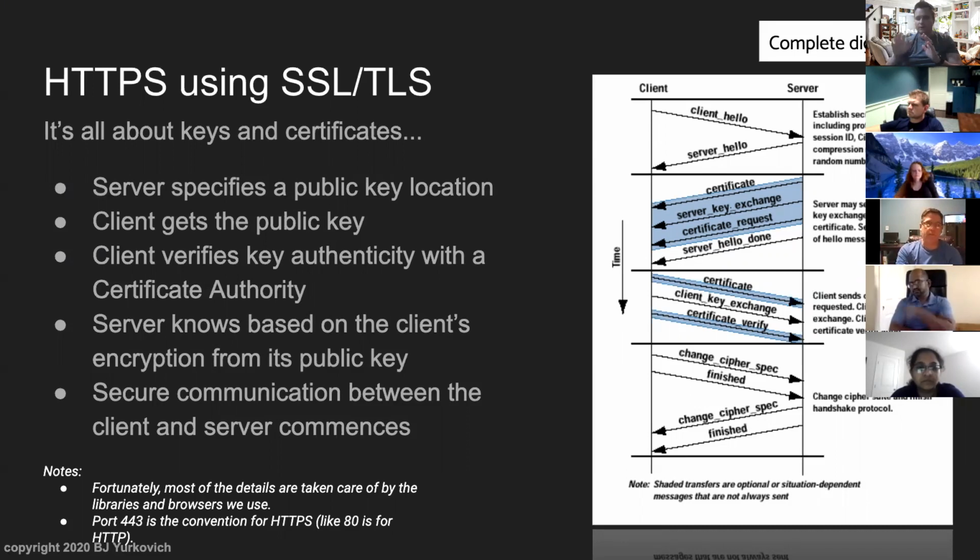Now I really glossed over the cool part, which is the cryptography of that, but we'll get into that a little bit later. But all of the details, like you do this every day, right? All the details are taken care of underneath the hood. And that's one of the nice things. It's just a negotiation that happens underneath, and the browsers, the ones you trust, will tell you if it breaks down. Most browsers don't even let you go to a website, right? You ever get that, this site is not secure, right? And then you have to click through a couple things to finally get through it.